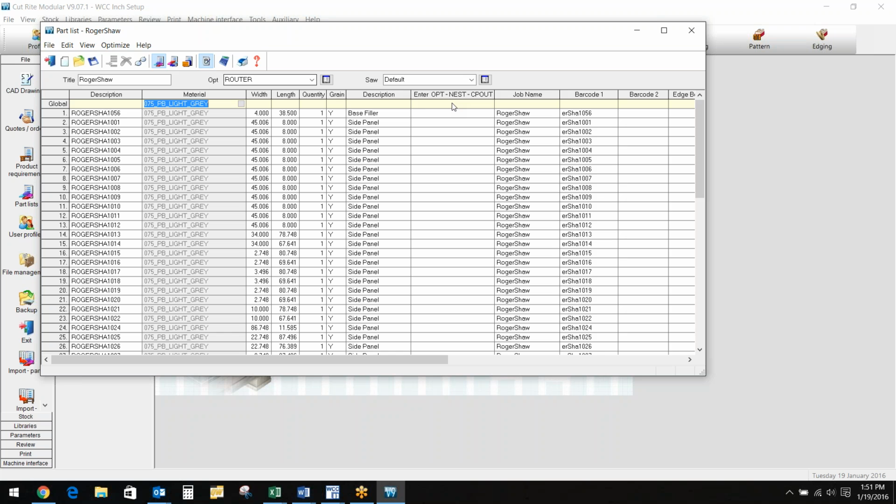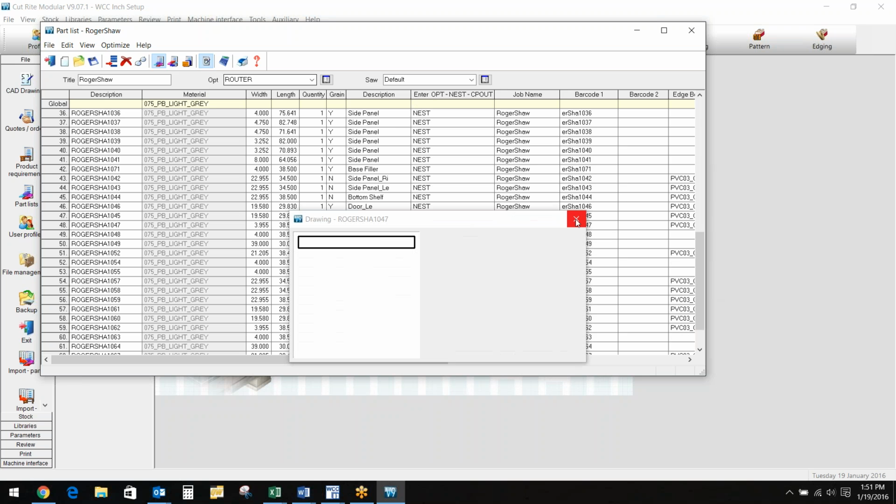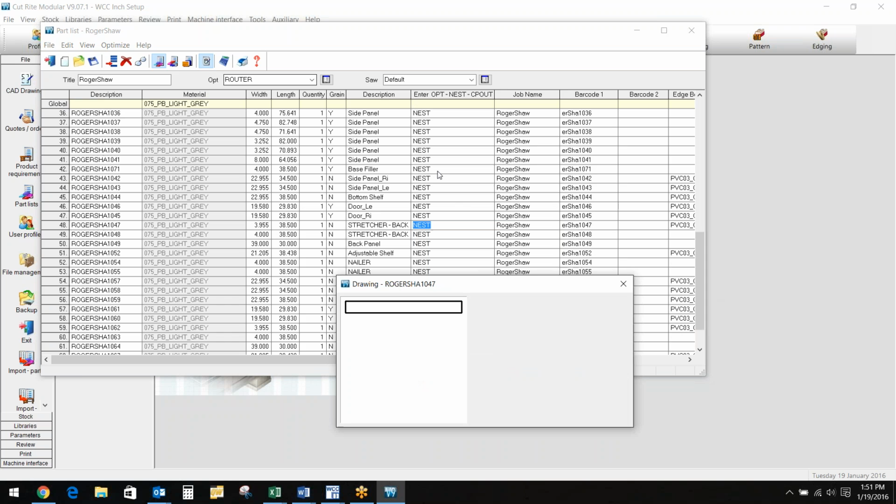I could take this, and by the way, I can do this automatically. I don't have to do this manually, but if I wanted, I could even direct the parts on the fly for destinations. But again, we could do this with automatic stuff. So I'm going to come in over here, select this, and say OPT for that part, and I'm going to copy this